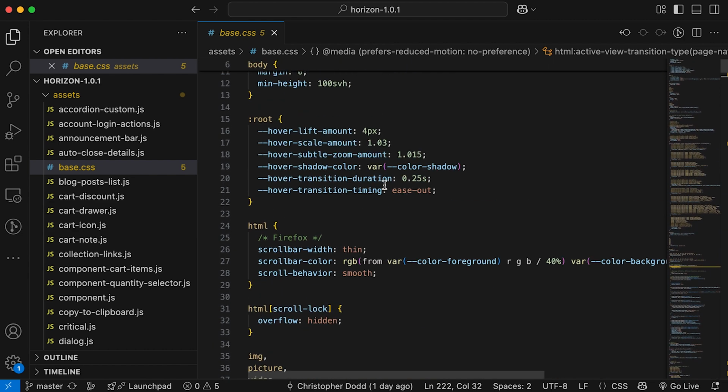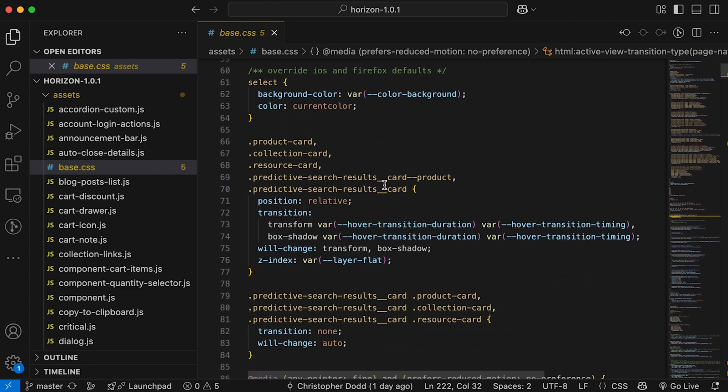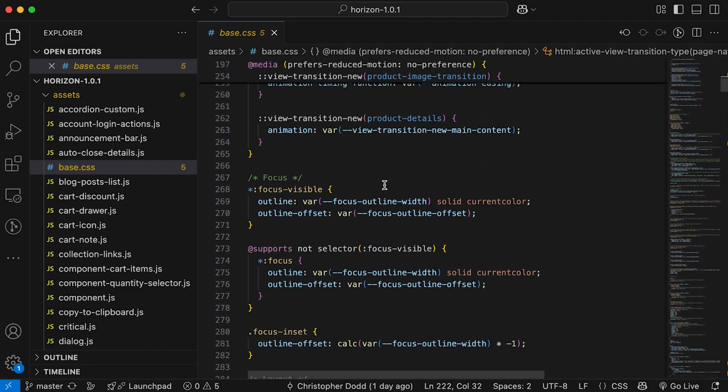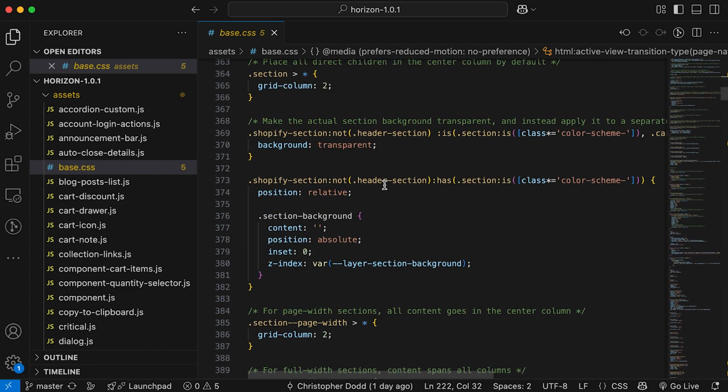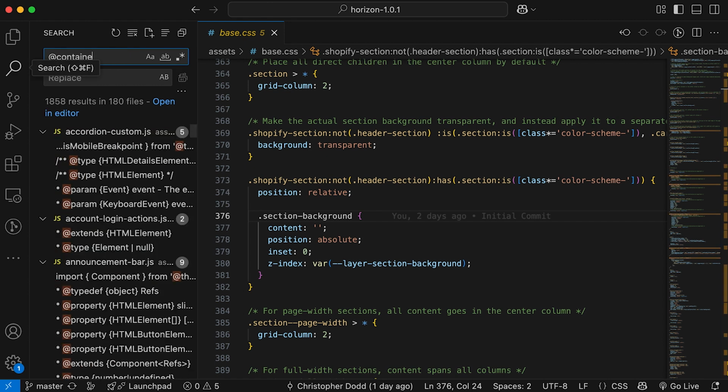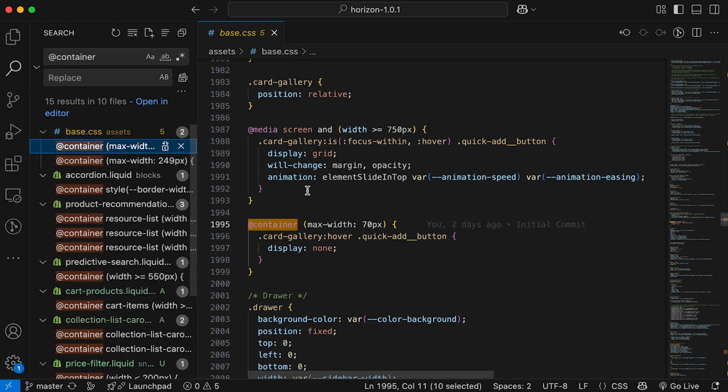So let me try and find some examples within the code right here. We're pretty high up here. Let me scroll down. Not sure if it's used in base. Okay, here we go. You can see here that we've got a CSS declaration nested within another CSS declaration. So if you've used Sass or SCSS before, you should be familiar with this syntax, but now it is native within CSS. And the second feature are container queries, which are like media queries, but they're based on the dimensions